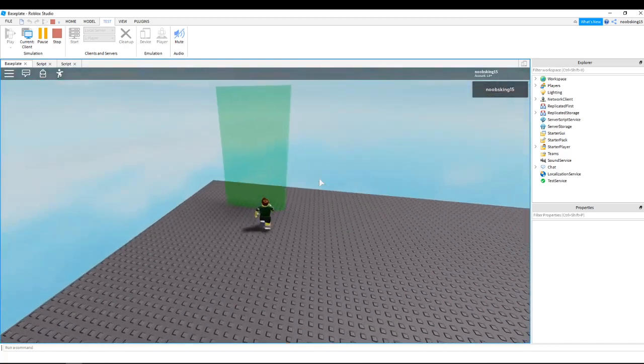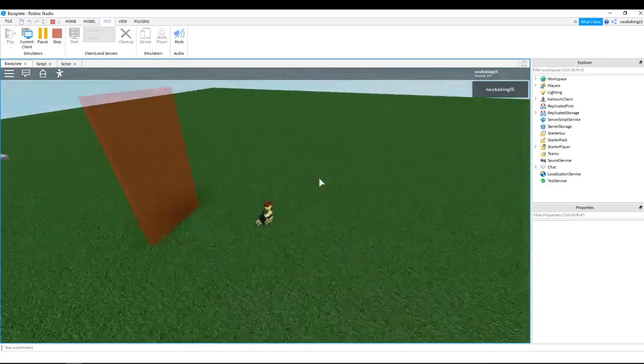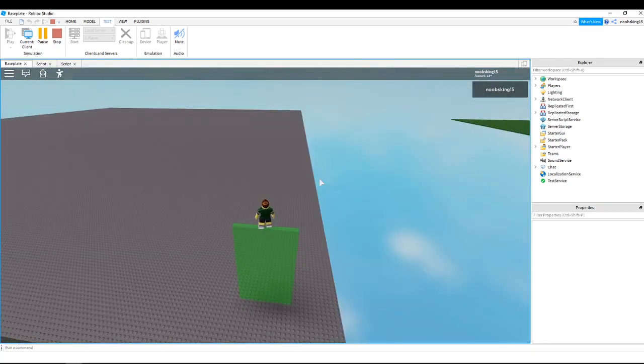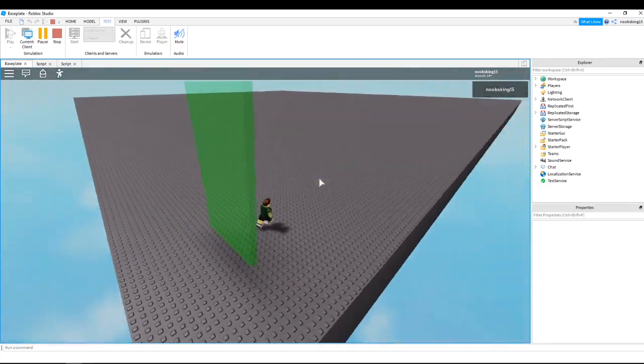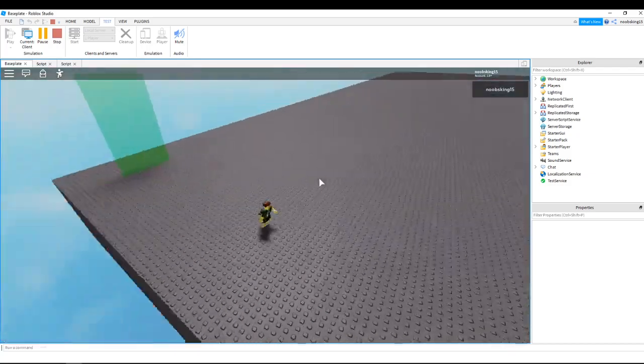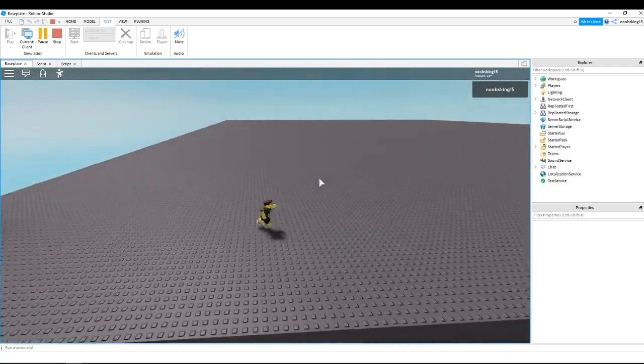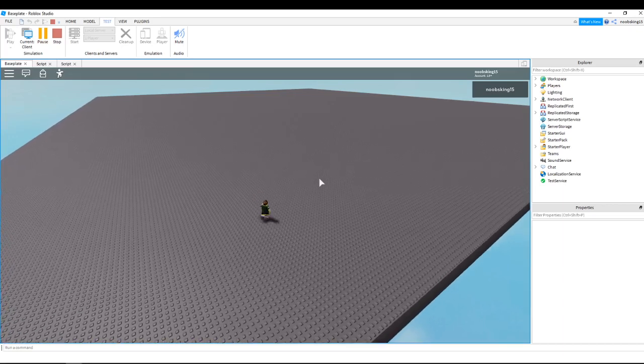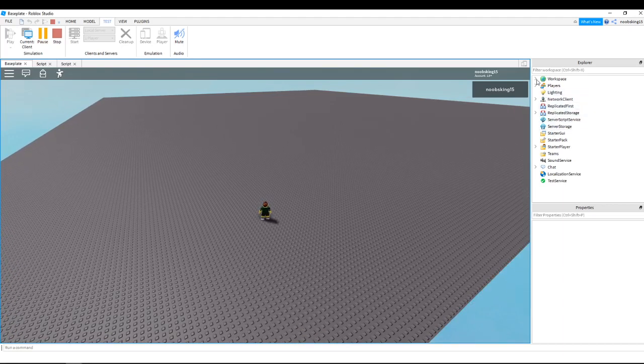So there we go, and we should be able to go back through it. Yep. So we got a little bug where it stands on top, but we're not going to worry about that for now. Okay, good. So we're over on our dungeon, and first thing I'm going to do, so you notice our workspace went away, so we're just up in workspace,